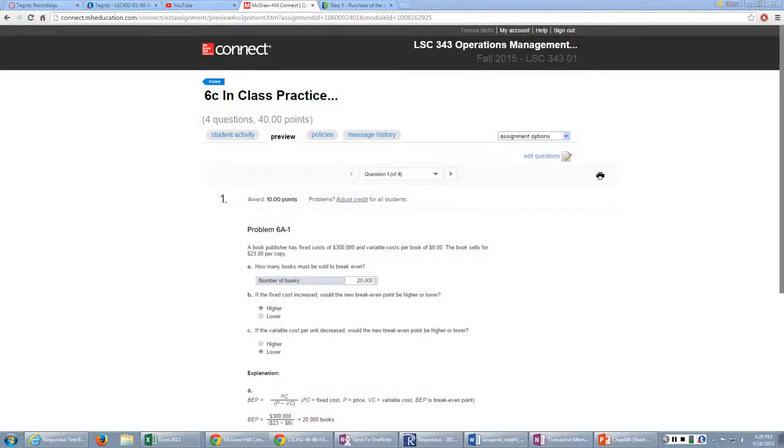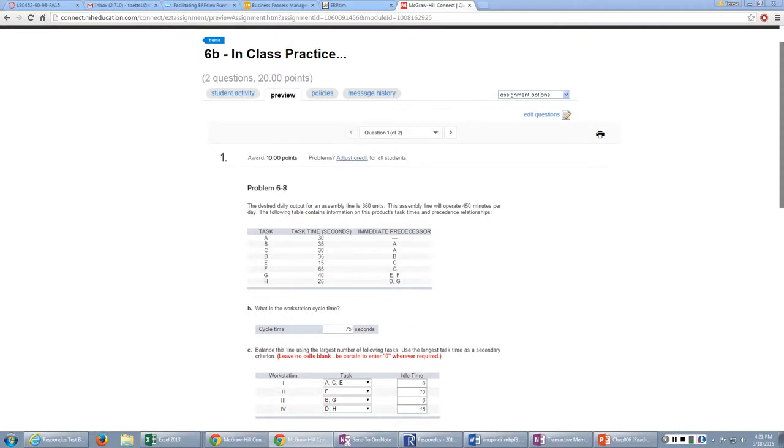We're going to work on a problem in Connect that was created with a static problem set. Sorry about that, I had to go get the right problem. We're going to be working on an assembly line balancing problem, and basically problem 6.8 in Connect says the desired